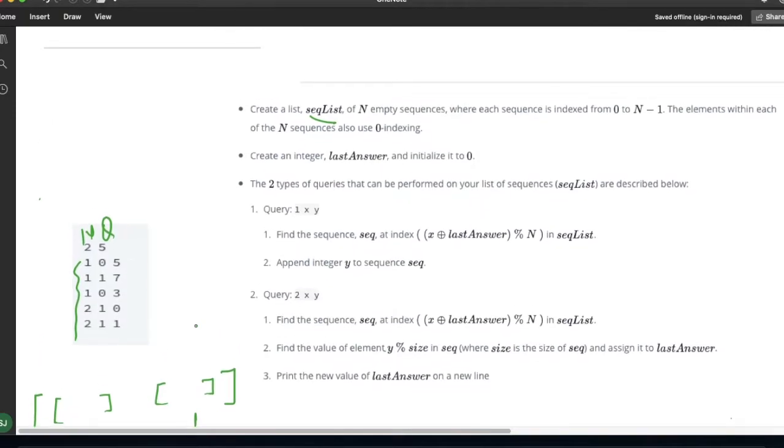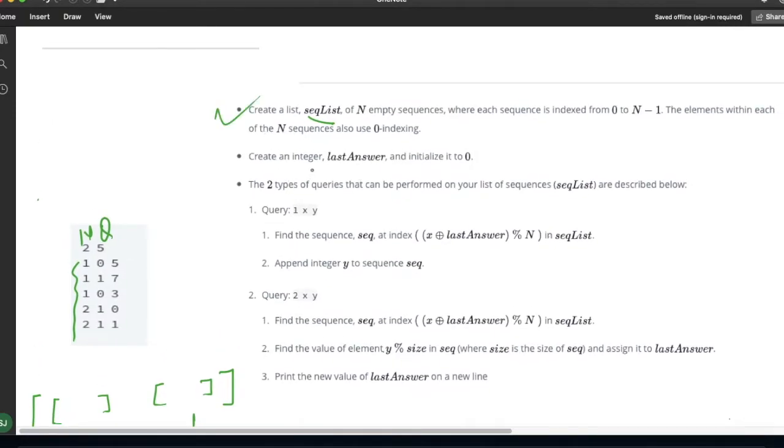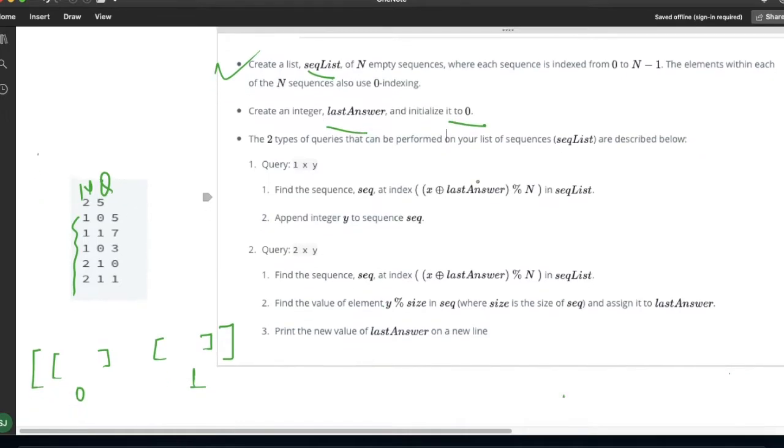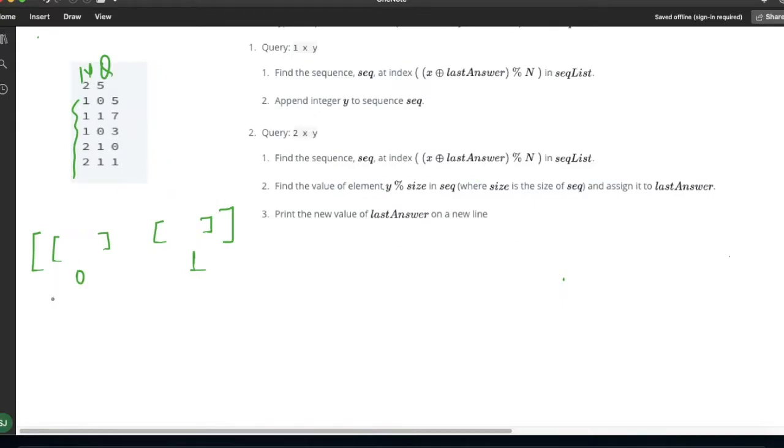So we are done with the very first statement. Second statement is we have to create an integer whose name is last answer and initialize it with 0. So suppose this is my last answer having value 0. Now